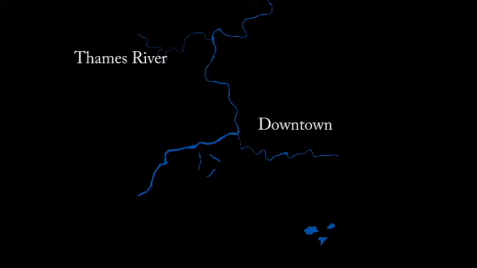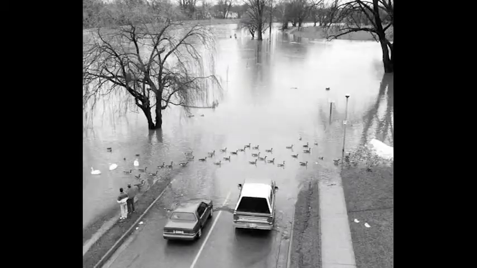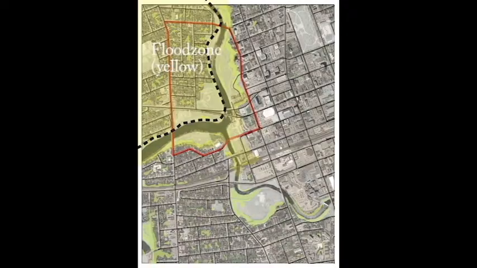It is completely developed around the Thames River, and the downtown is right smack in the center of the Thames River, where the river forks off into two major streams. Floods have been a significant problem within London for quite a number of years, especially more recently with climate change. Today, we usually have 1 to 2 major flood events each year between springtime, post winter, where snow is melting,